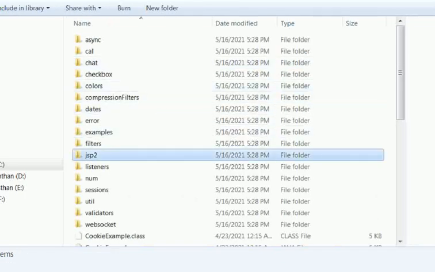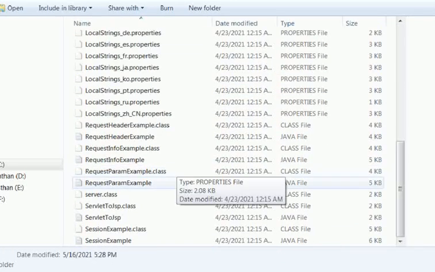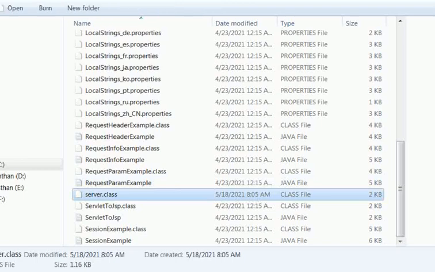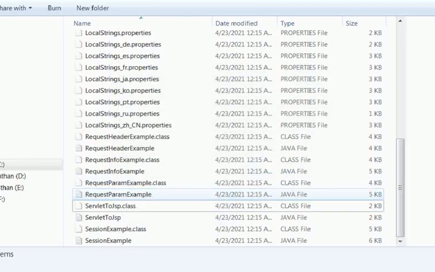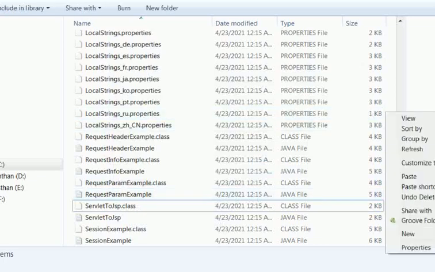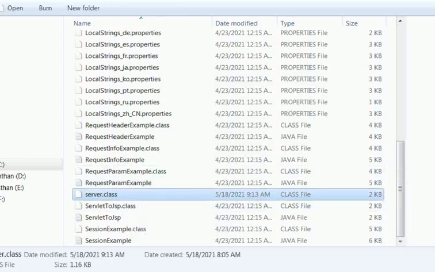Here you want to place that class file. Already I have a server.class, so please delete that. Then I am placing this, paste. The class file is placed here.